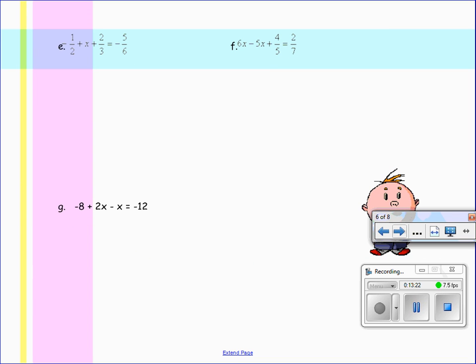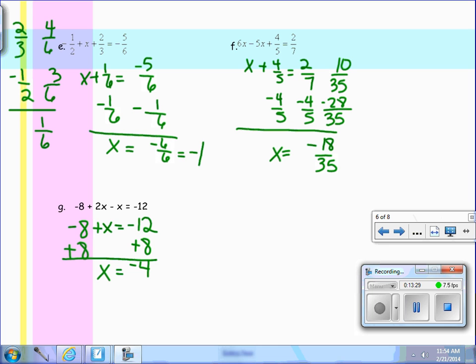Now I'm going to pause the video, work these. First I'll combine my like terms and we'll come back and check our answers. Now as you notice on E, we need to combine our like terms, which will be the constant terms of